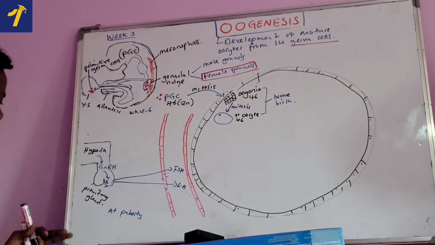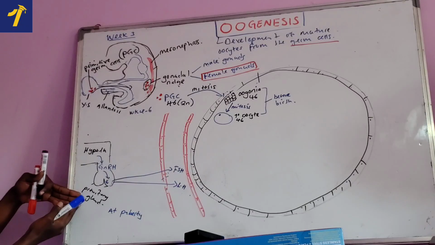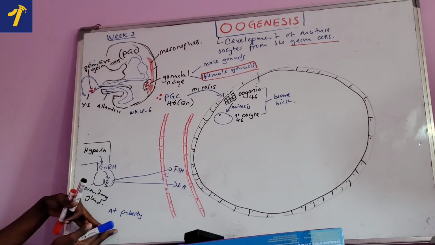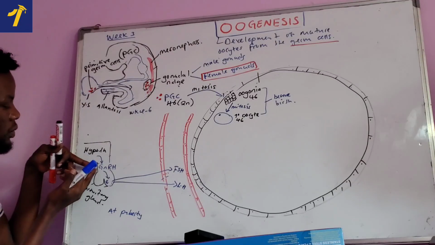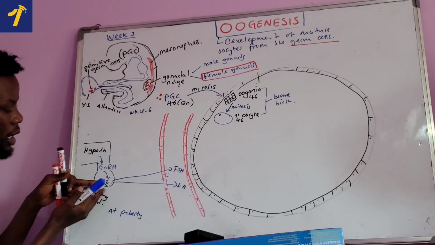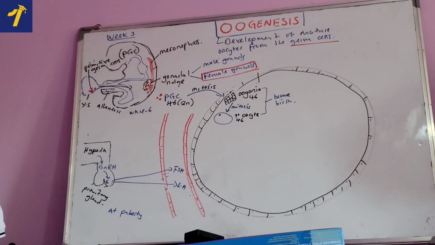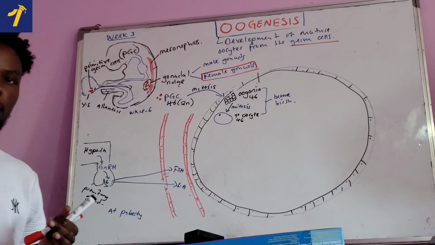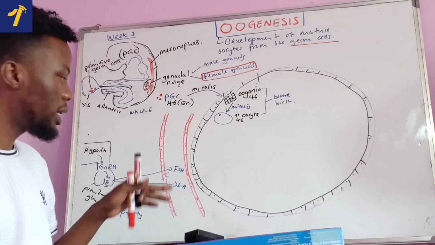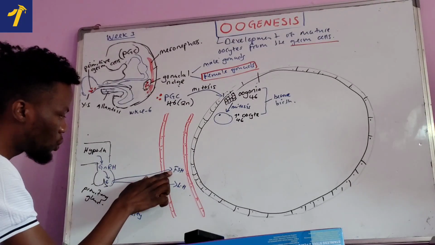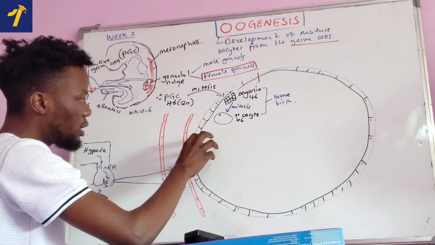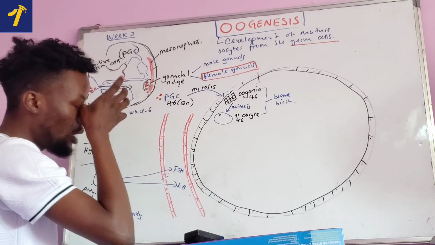So again, the hypothalamus and pituitary gland are going to start functioning at puberty, whereby they'll start releasing gonadotropin releasing hormone that will go to the anterior pituitary gland, which will start releasing two important hormones, which we call follicle stimulating hormone as well as luteinizing hormone. Now, these two will start stimulating the oocyte. Okay? The reason why